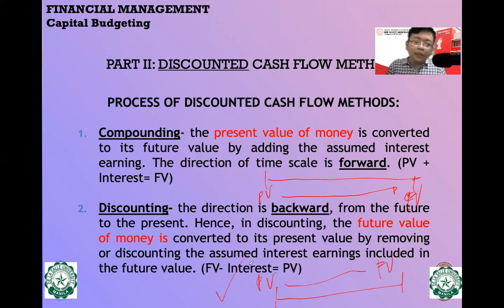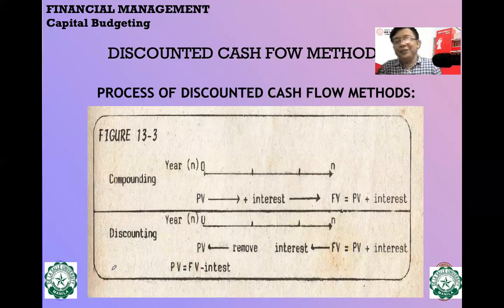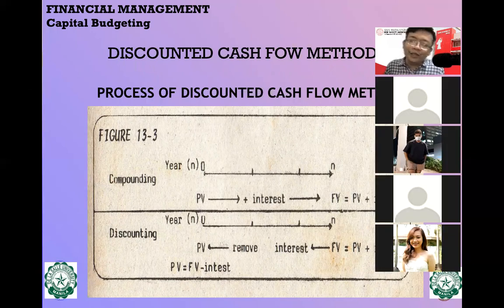This is our important point. PV plus the interest is the future value while future value less interest is the present value, or just divide to compute for the present value of one or the present value of annuity. I am repeating myself, no? I hope you appreciate me repeating, or maybe you are already annoyed. I just want you to remember it. Okay.